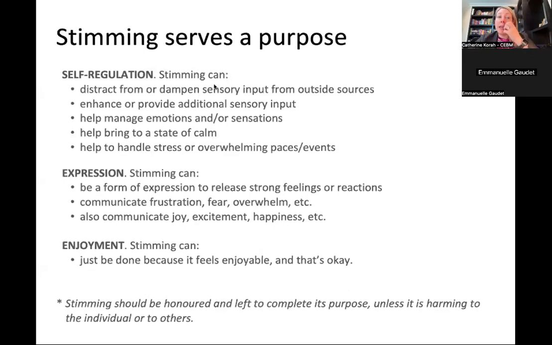Stimming can help distract from a dampened sensory input from an outside source. It can help enhance or provide additional sensory input. It can help manage our emotions or sensations. It can bring us to a state of calm as we are doing it, and help handle stress or